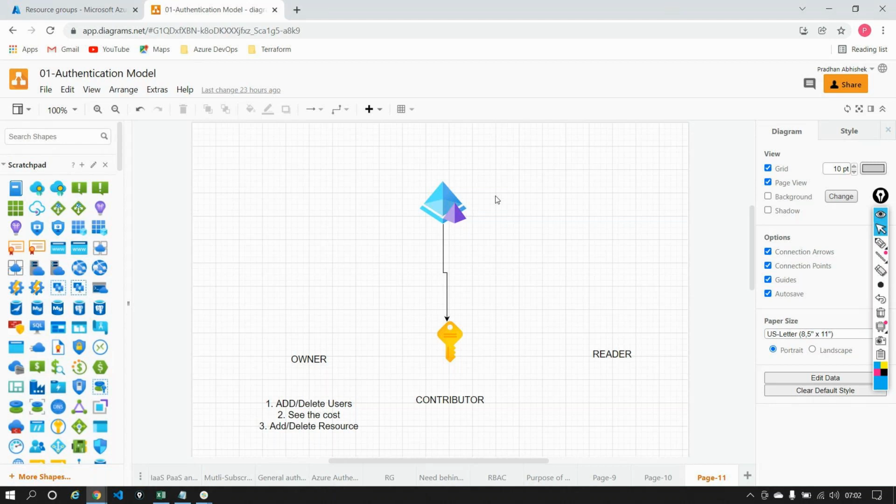On portal.azure.com, you can either use an Outlook account, or if you have a Gmail account, you can just go ahead and sign up for Azure. And as and when you sign up for Azure, what do you get, guys? You get something known as an Azure tenant. That's the first thing that is assigned to you: a tenant and a tenant ID.